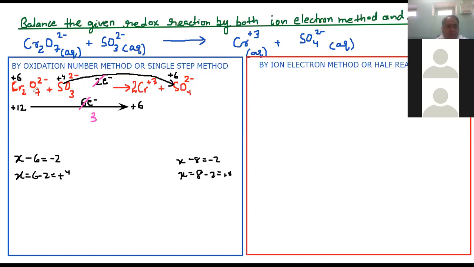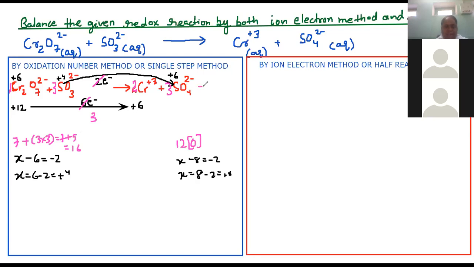So now this becomes 1. If you multiply 1 here, there is no change. So 2 will remain 2 if you multiply with 1, and this will remain 1. So no change. Now 3 has to be multiplied with 3. So I'm multiplying this with 3 and this with 3. So charge is balanced. Now we will balance oxygen. Here how many oxygen atoms are there? 7 plus 3 into 3 equal to 7 plus 9 equal to 16. And here how many are there? 12 oxygens are there.